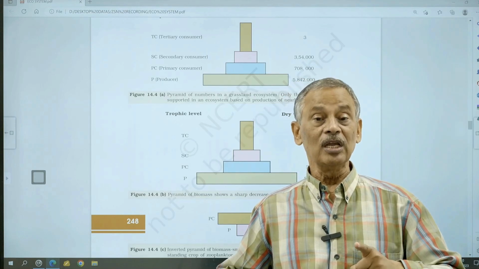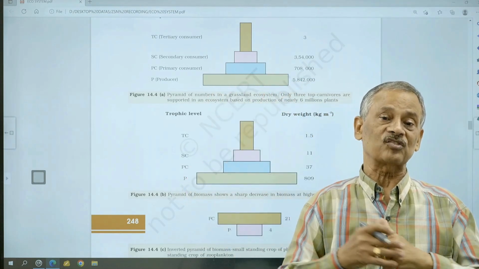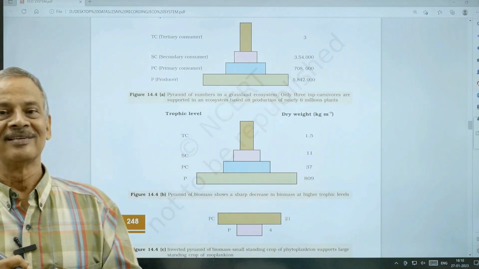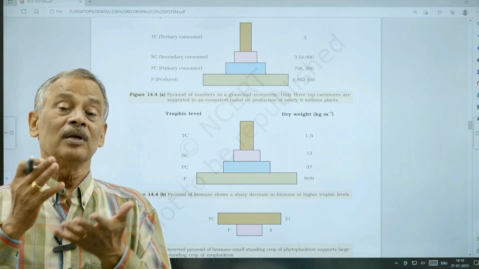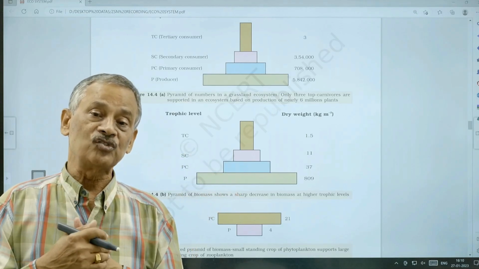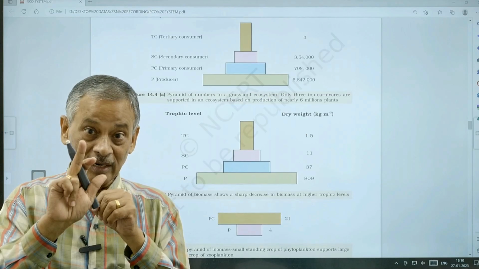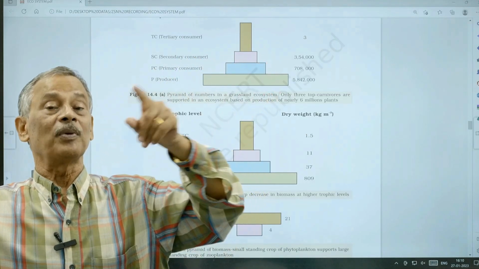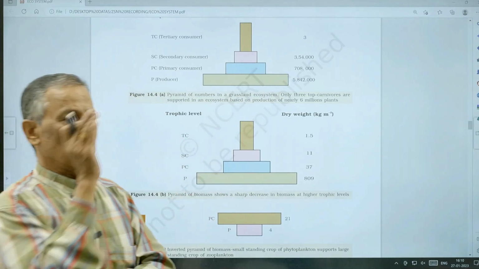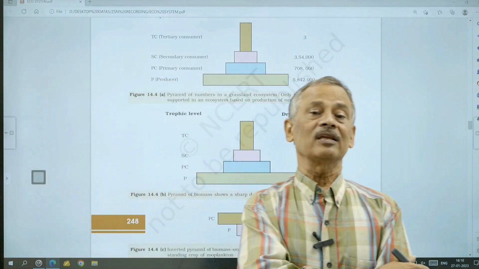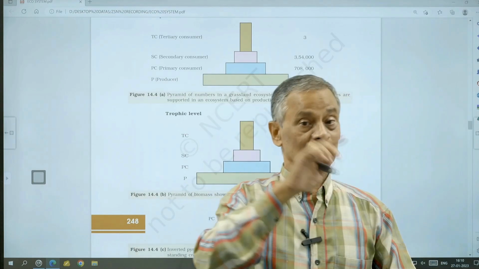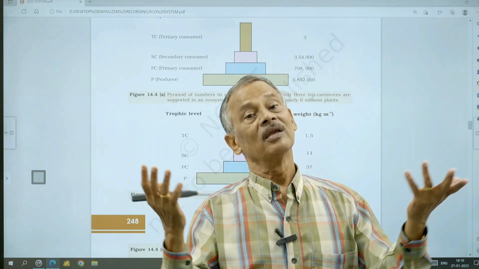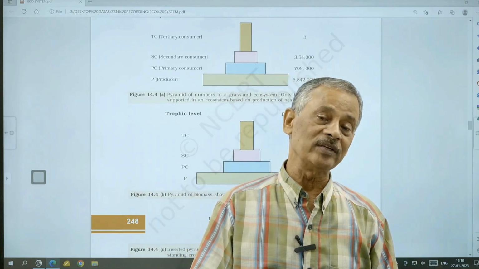But in that tree, there will be hundreds and hundreds of insects and other worms growing on it, feeding on it. And depending upon them, there may be a small number of birds. So in one tree, there will be a number of consumers. So the pyramid is again inverted. Similar is the case with the parasitic food chain. You may have only one host, and on that host, you will be having a large number of parasites living.